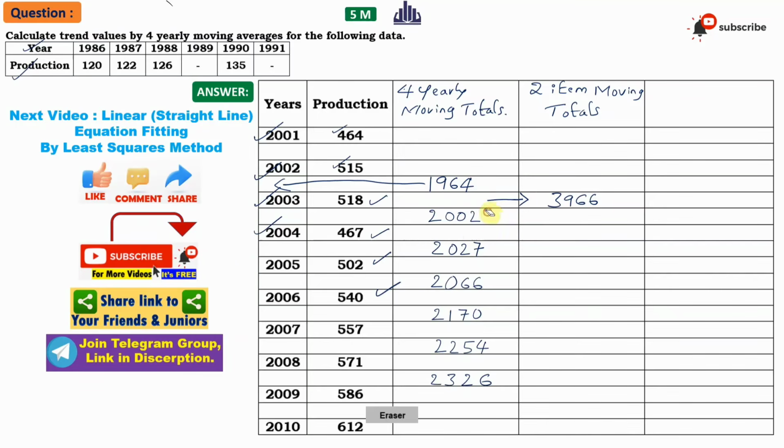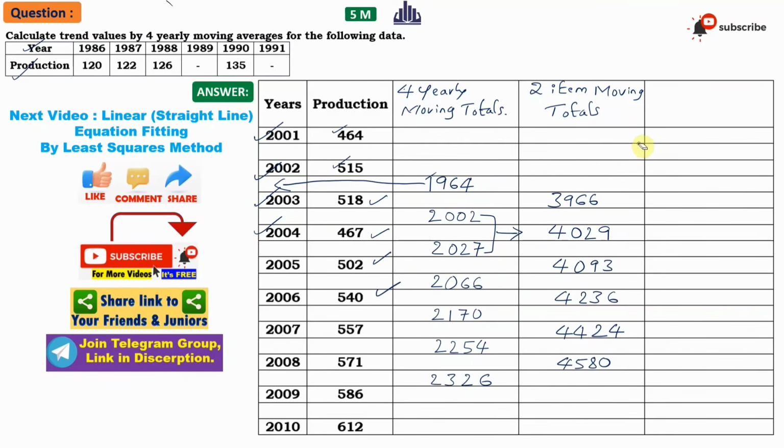We have to be very, very careful, students. Then the first one is over. Then these two are to be added, 2002 and 2027. When we add these two, we are going to get 4029, where it is to be written mid of these, 4029. In the similar way, when we perform for the remaining observations, we are going to get